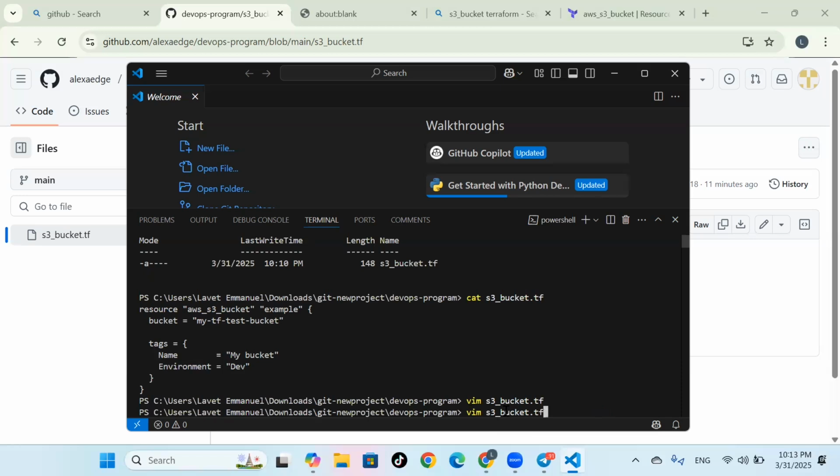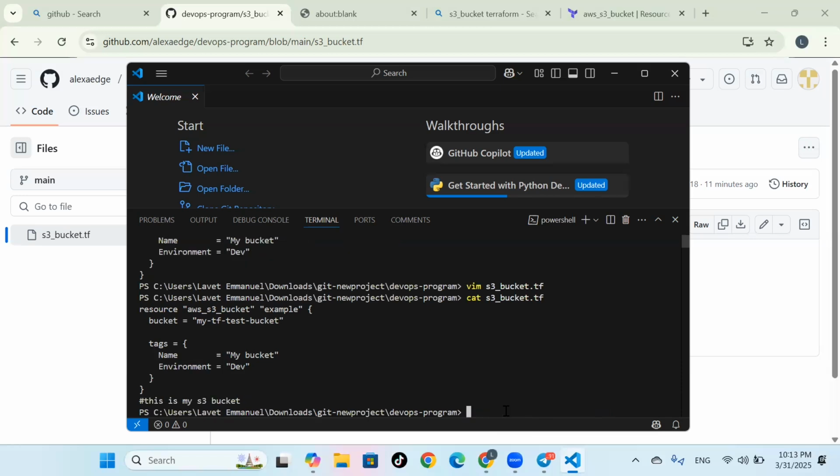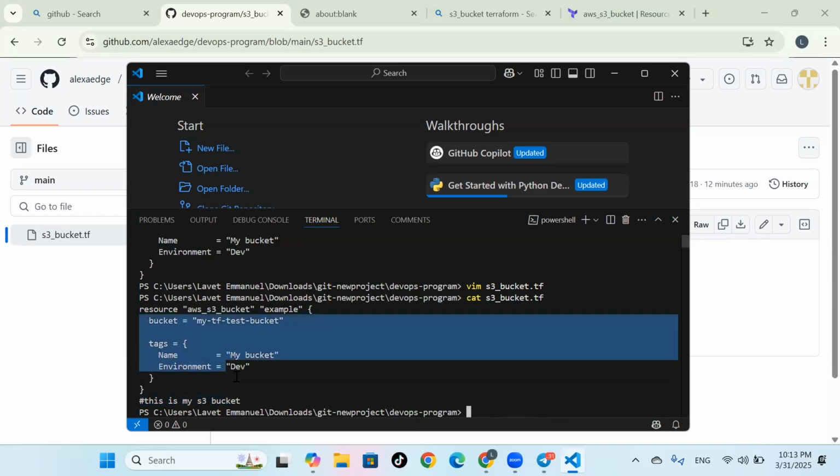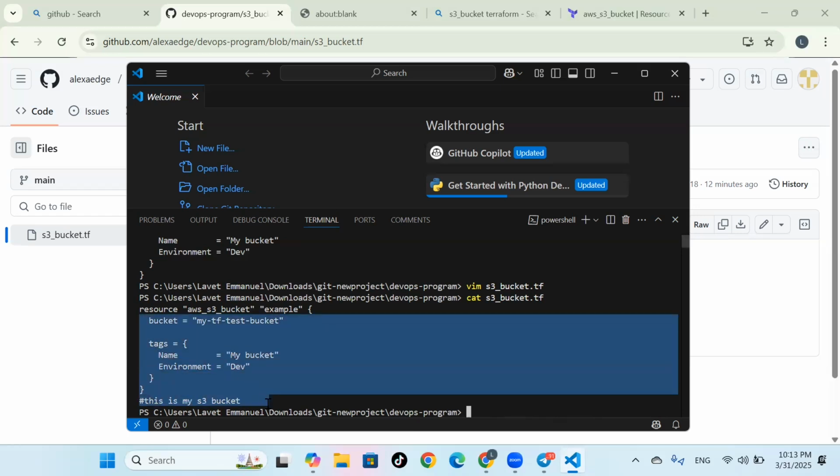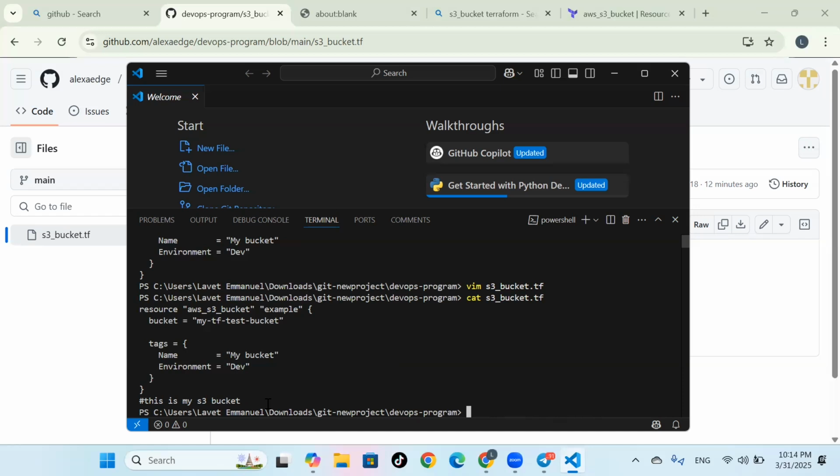So now let's cat the content of that file again. Can you see the content of the bucket? It has, this is my S3 bucket. How did I save? I saved using the command Shift-ZZ. Perfect. So we have modified this